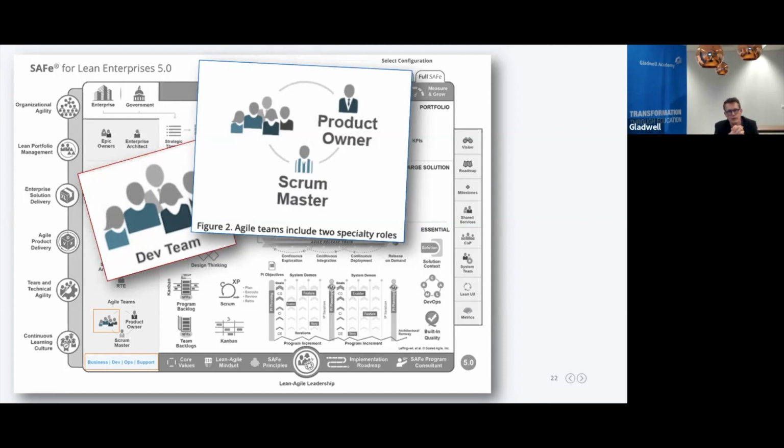So the idea is to move away from development teams only and to work with agile teams. Now the agile team could have a more business focus and could have a more technical focus in SAFe. But the idea is, over time, to have these agile teams in your agile release train, and everybody included that's really needed to deliver business solutions.